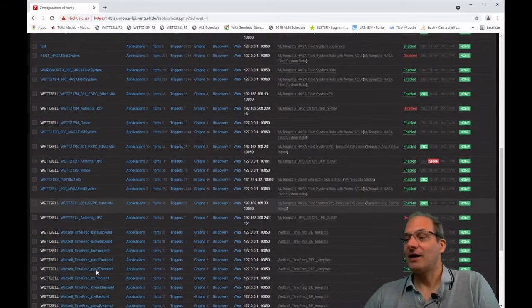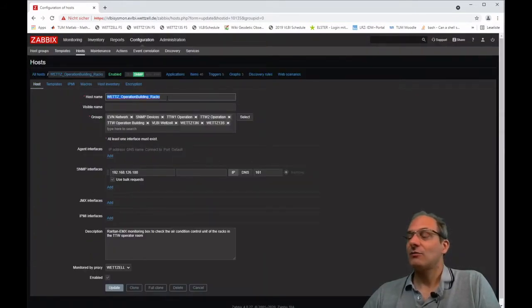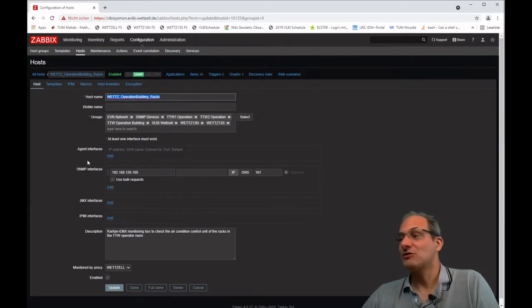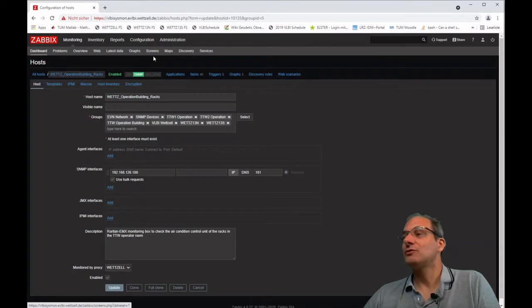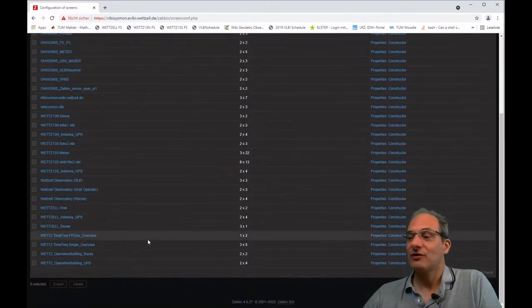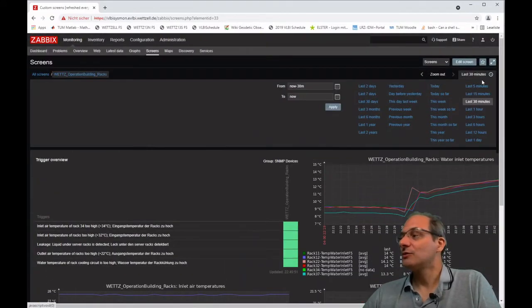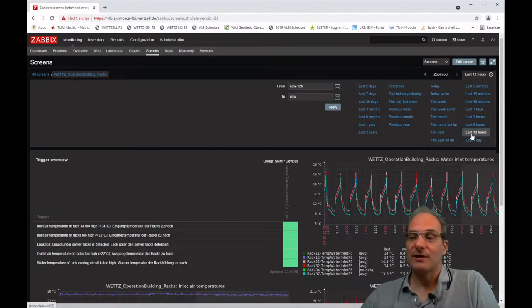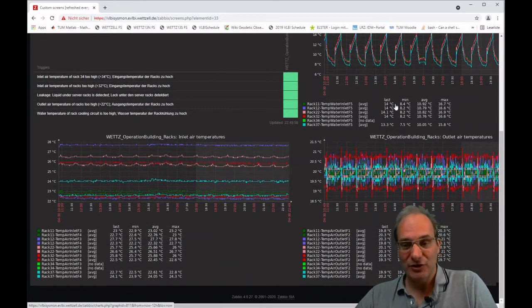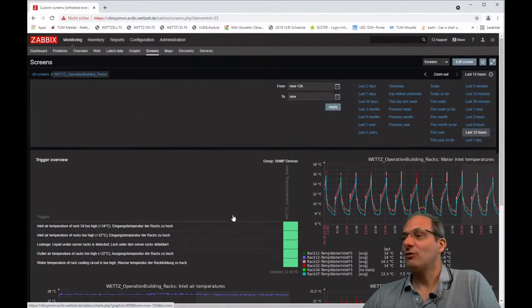For example, I can have a look into our operation building racks. So this is the monitoring of the operation building racks, and if I go to the corresponding screen, then I can show you if the cooling and the mechanism works there to keep the system in a stable state. Okay, so here you see the cooling cycles and things like that. And what you also have